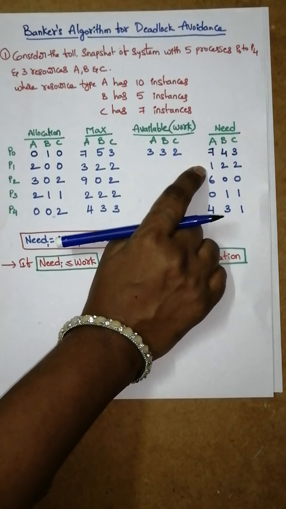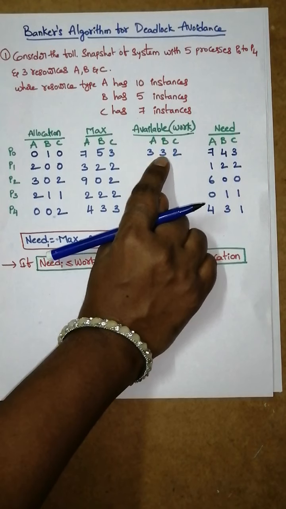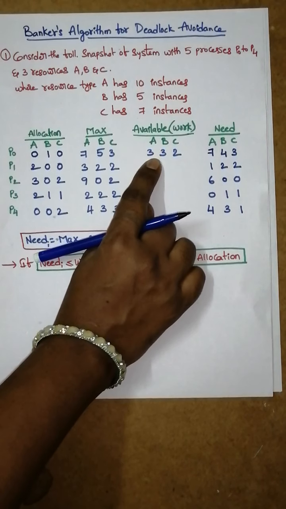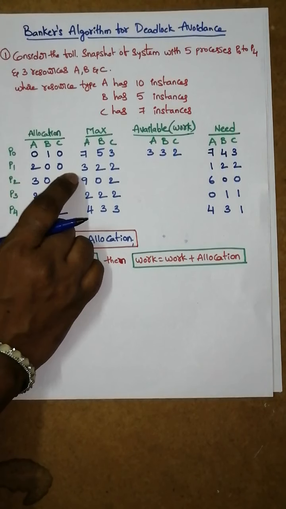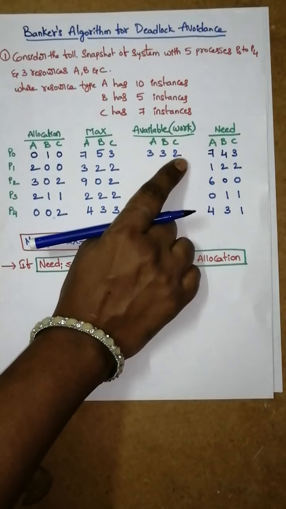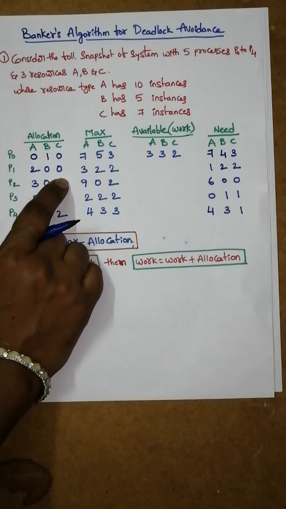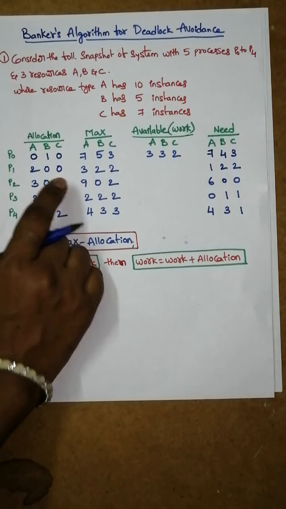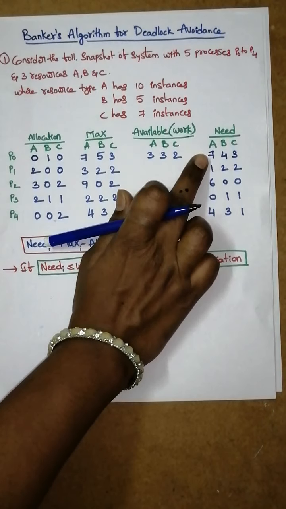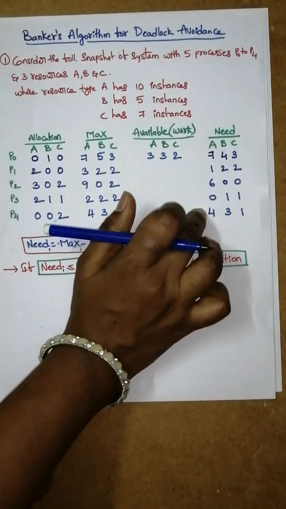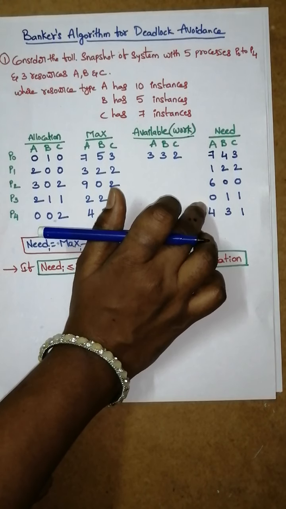After execution, he'll release these resources. Along with these, he'll also release what was previously allocated, that is 2 0 0. So he'll release 3 3 2 and 2 0 0. On the whole, he'll release 5 3 2. Now available with me are 5 3 2, which I should give only to those who are asking less than 5 3 2. So likewise we have to proceed.